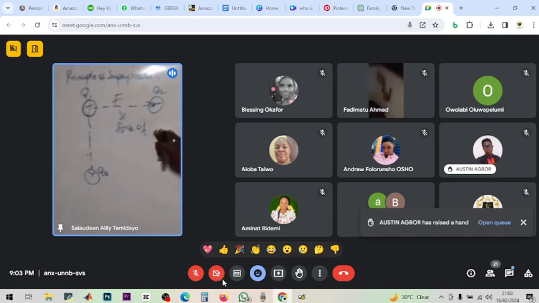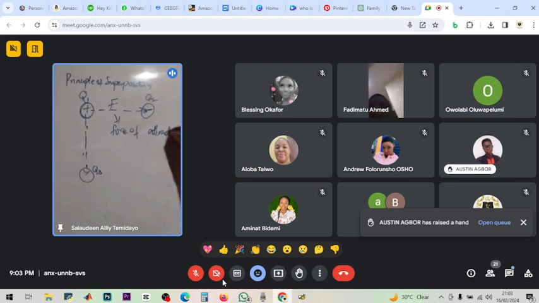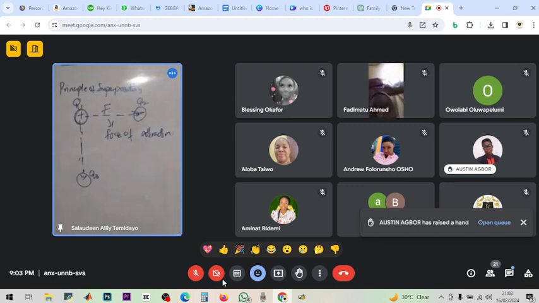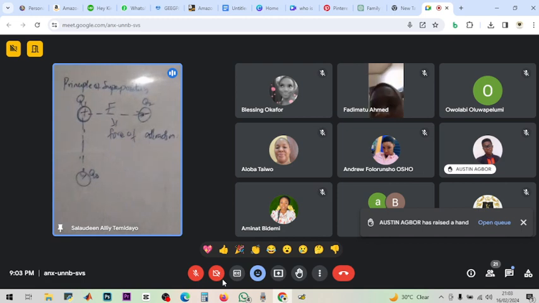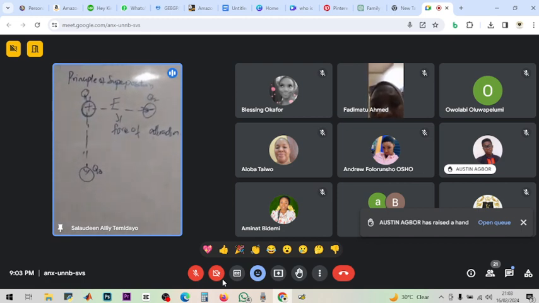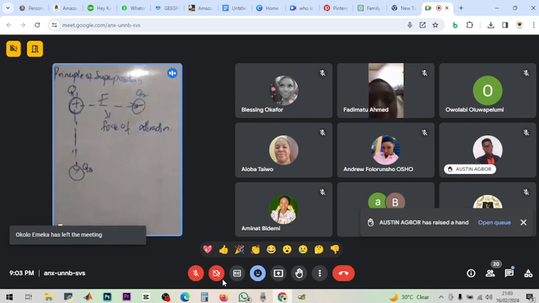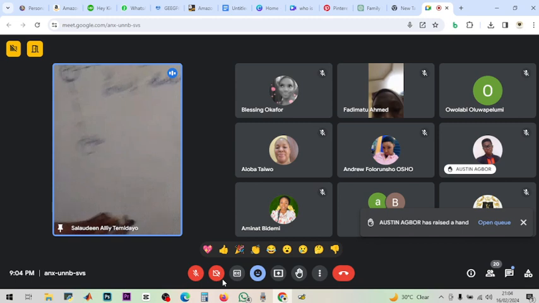charged. Then the force of attraction is the force that will be between them. So it will be force of attraction. So Coulomb's law is now stated without considering the type of charge, the type of force that is existing between them. It could be force of repulsion, it could be